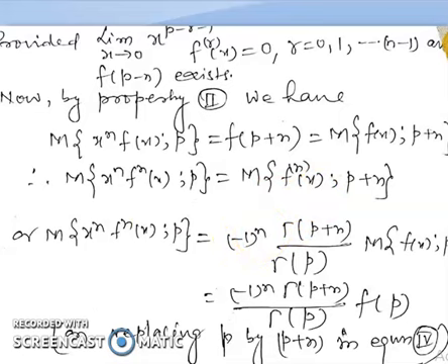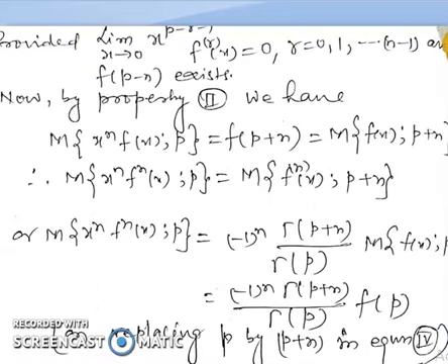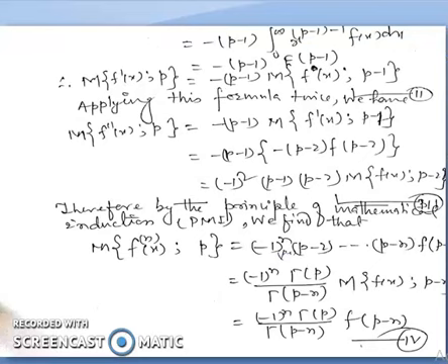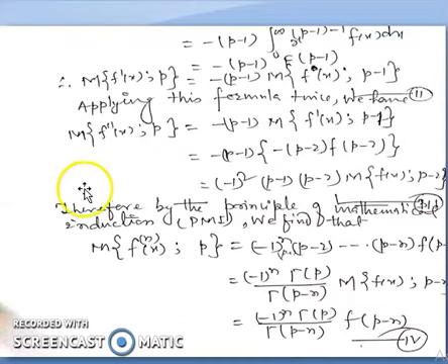See here, when we differentiate the second time, we get a negative sign here and a negative sign here, meaning minus 1 to the power 2. So similarly, we get the result, this part, (minus 1) squared (p minus 1)(p minus 2) M of f(x) such that p minus 2. This is equation number 3.